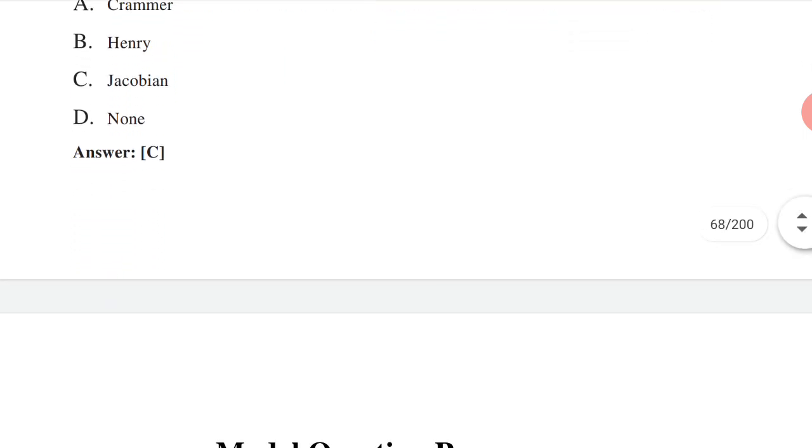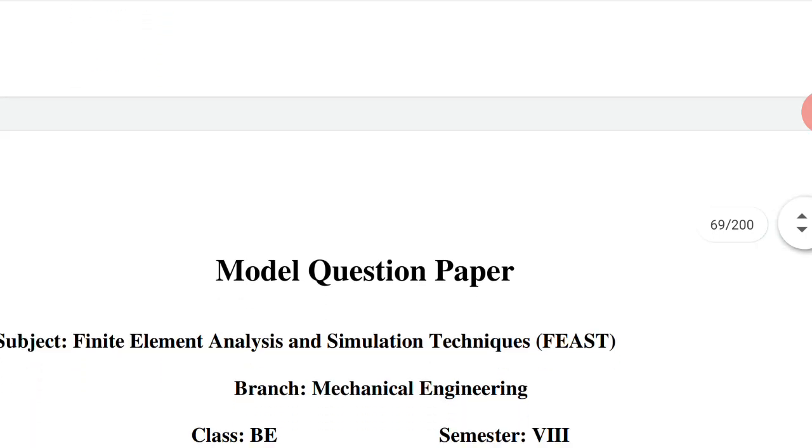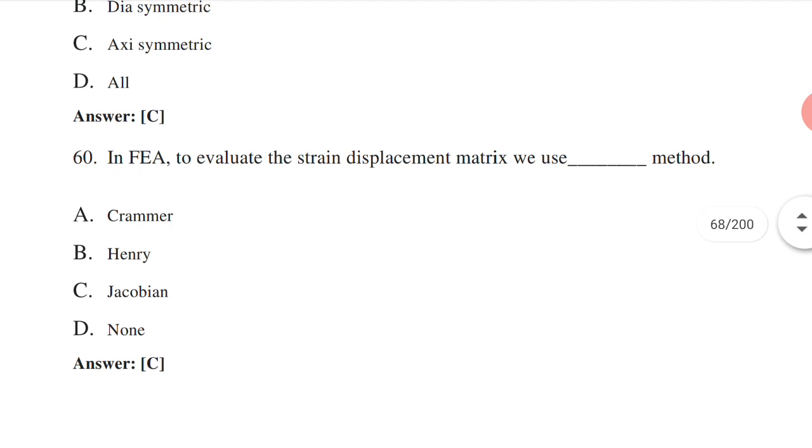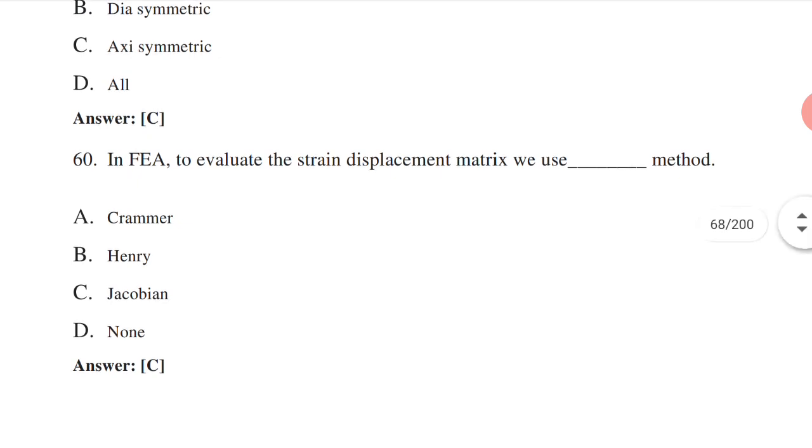So, here we will stop the discussion of this question paper, and obviously we know that the more practice we do, the higher the percentage we will succeed with in our examination. So, do more practice and success will be in your hand. Okay. Thank you very much and all the best to all the students.